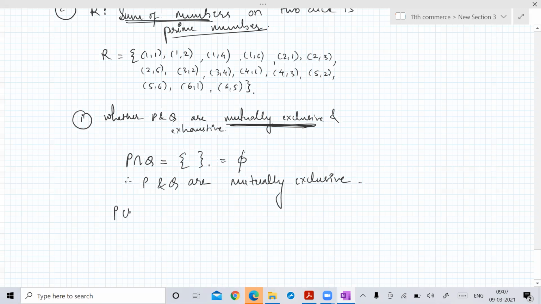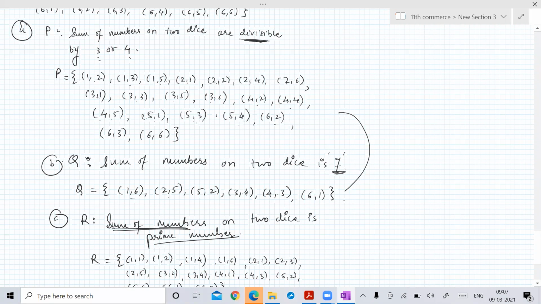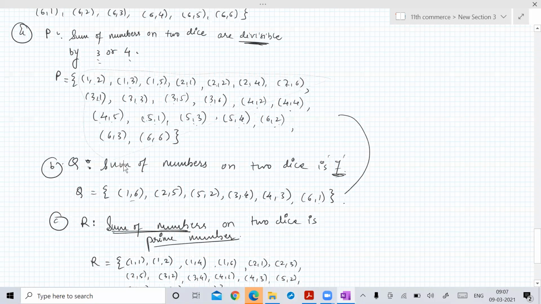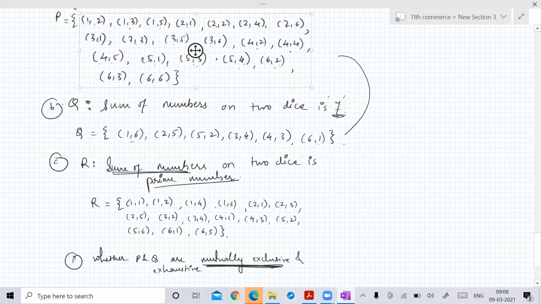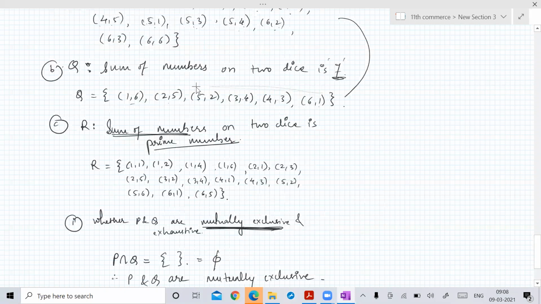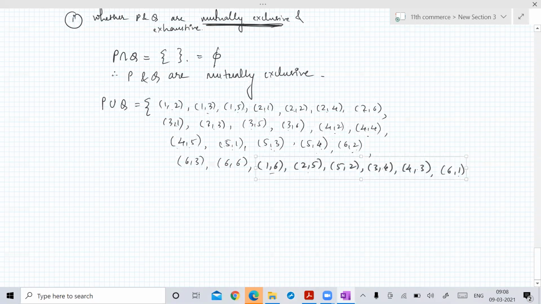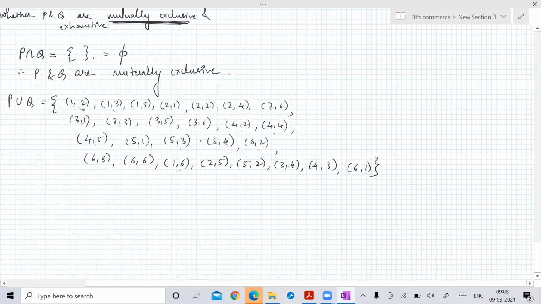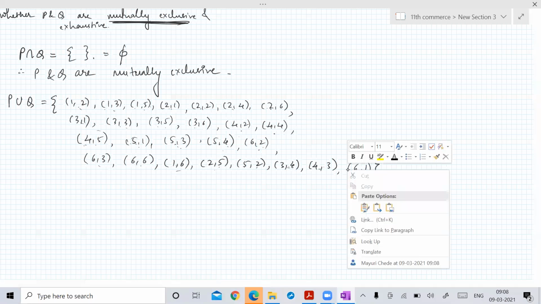करेक्ट। एग्जॉस्टिव के लिए हमें यूनियन चाहिए। तो P एंड Q का यूनियन, P मतलब ये सारे, और Q मतलब ये सारे। तो टोटल एलिमेंट्स कितने हैं यहाँ पे, 1 2 3 4 5 6 7 8 9 10 11 12 13 14 15 16 17 18 19 20 21 22 23 24 25 26 है ना। तो यहाँ पे 26 है